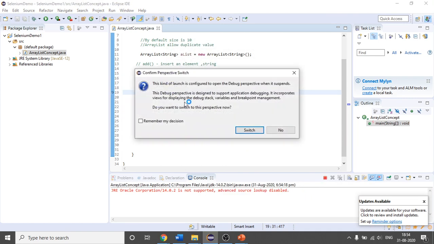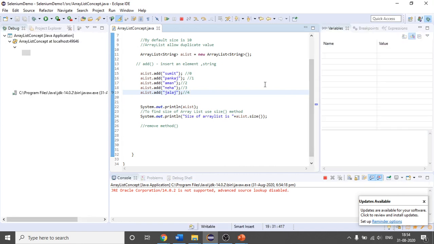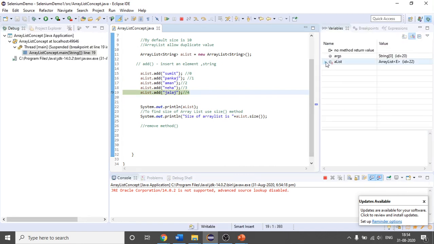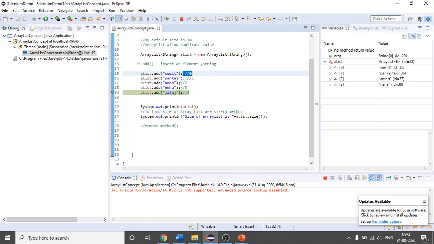If I am debugging this, click on switch. So you can see on the right hand side, this is our array list object. Index of Sumit is 0, as I have written here. Index of Pankaj is 1, and 2 and 3. Okay, so as of now I am not proceeding forward.